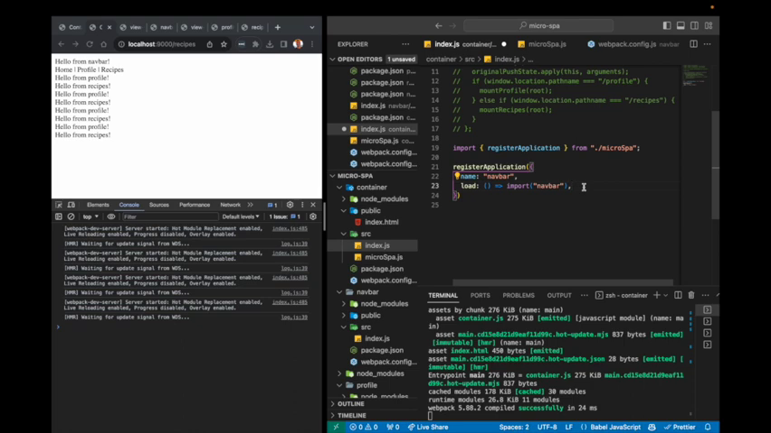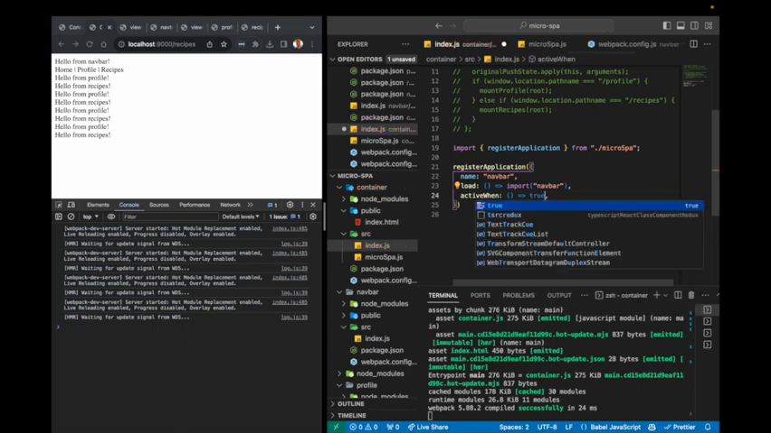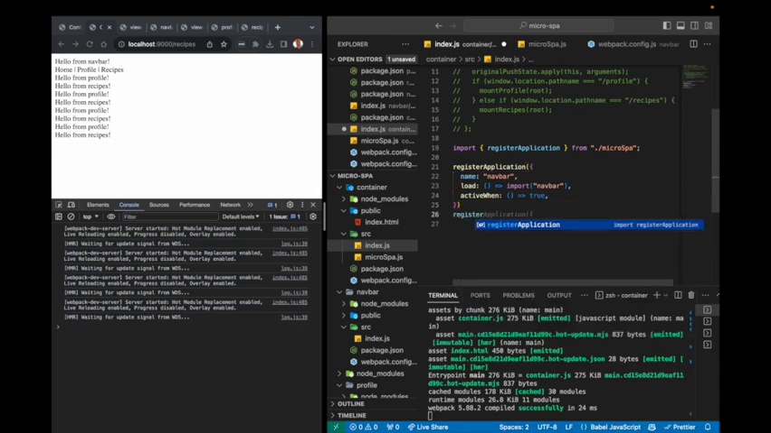dynamically the navbar. And then we want to have a function that tells us when the application is active. In this case, we can call it activeWhen, and it should be a method that returns true or false depending on several conditions. Whenever it's true, this means that the application should be active. So we know that the navbar should always be active, but whenever we register the